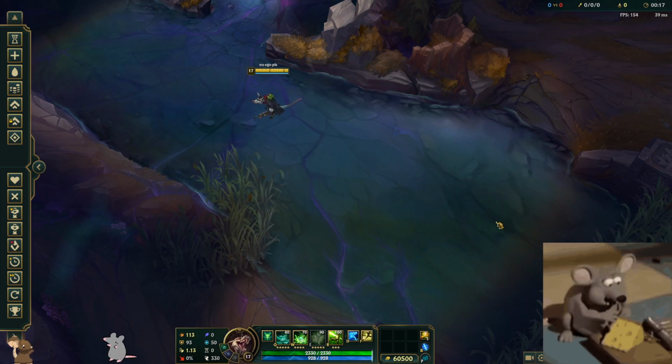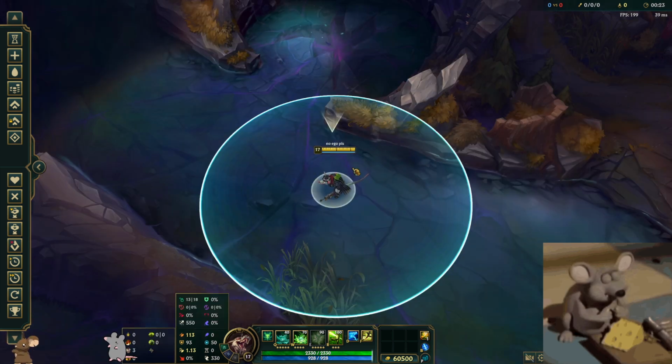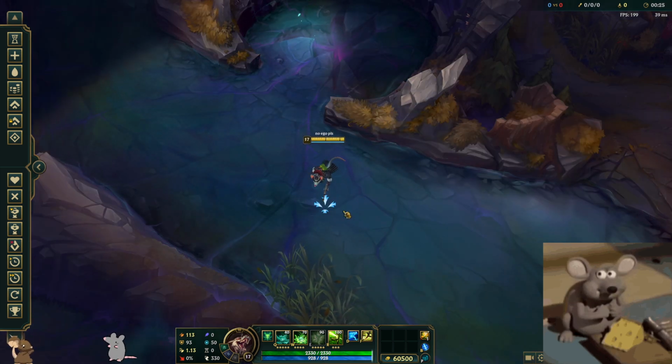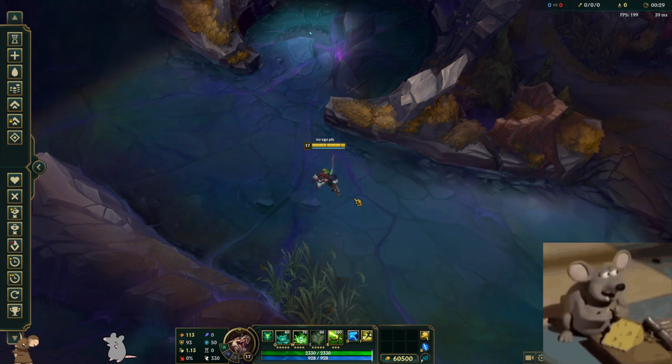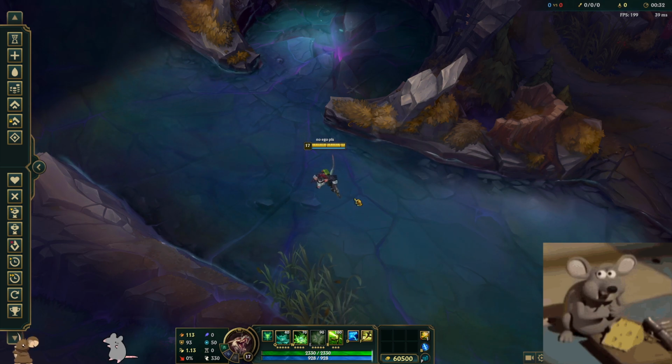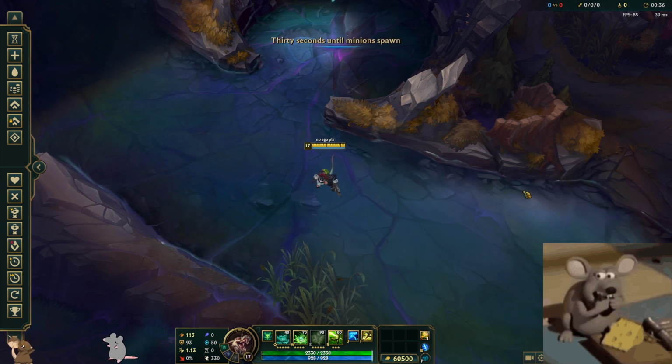There is currently a bug with attack move and it has been for a very long time. If you are playing Twitch, it is very important to be aware, because I feel like attack move on Twitch is way more prevalent and used in a lot more niche cases, because you can use it with your ult to not really care about who you're hitting, but you just want to have a general area of the way you're hitting, right? So I feel like this is important to be aware of if you're playing Twitch